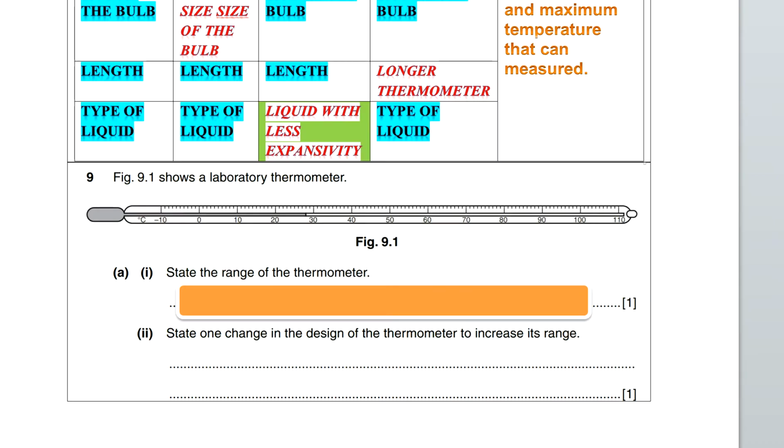So students, here we have a question from past paper. A thermometer is shown with a greater range, so it's a laboratory thermometer because its range is starting from -10 degrees Celsius to 110 degrees Celsius. So it is able to measure overall 120 degrees. So if the examiner asks you